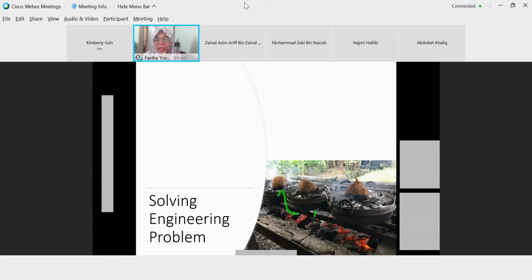Okay, this is not salai. This is actually the conventional way of baking cake, with coal inside it. Because when we bake, we need heat at the top and bottom.